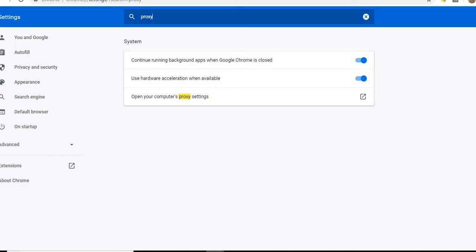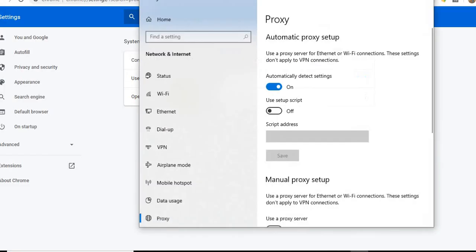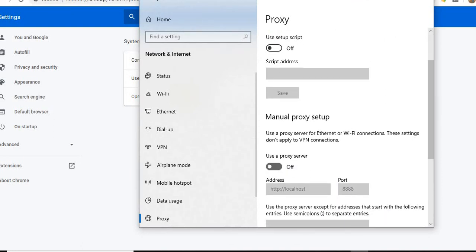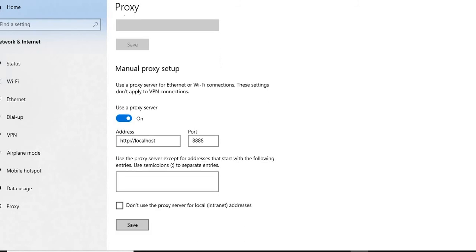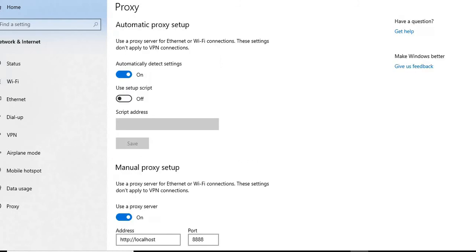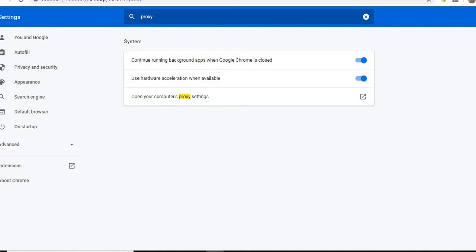So I'm going to the browser port setting, and I'm giving it a manual 8888, and it is the same which is mentioned in my JMeter. I'm simply saving it. That's it. So now I'll go to launch the website.